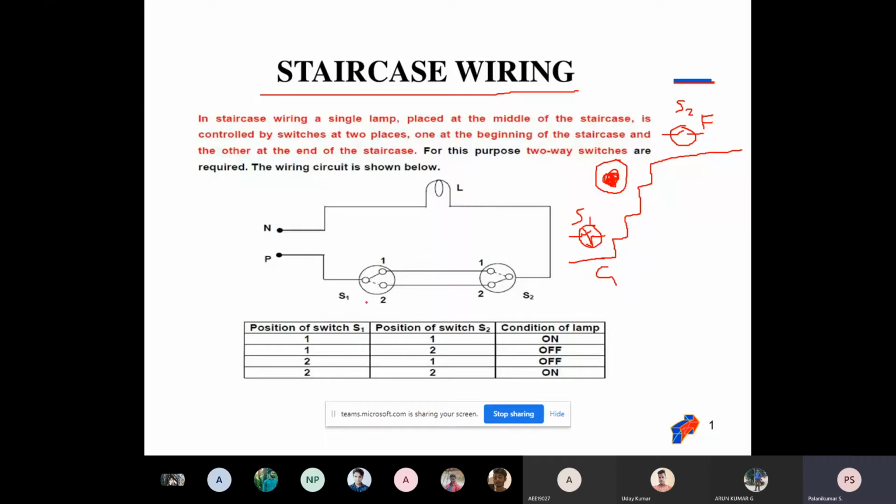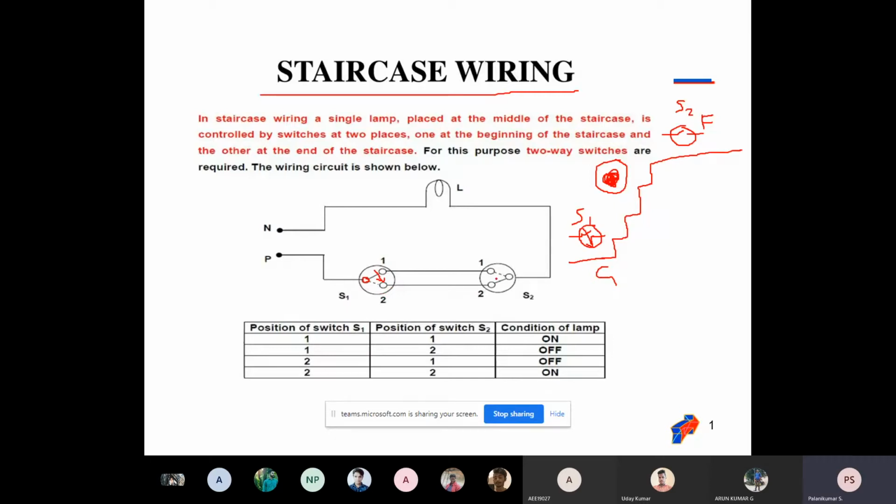Suppose I have two-way switches; this is called a two-way switch. Here is the phase and neutral supply. You know that phase is always live, so this phase will always be coming live. Here one point is there. This is a switch having two ways. Why is it called two-way? Suppose this is a movable arrangement. If I move it this way, I can make this point contact the two instead of one. Likewise, here the dotted line is mentioned.